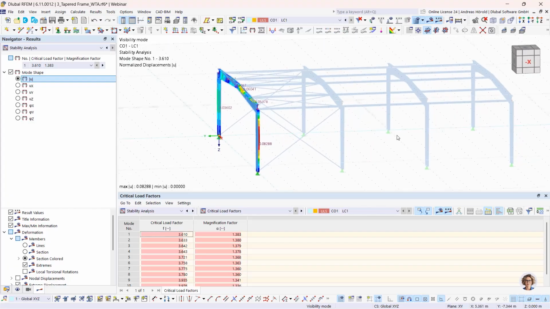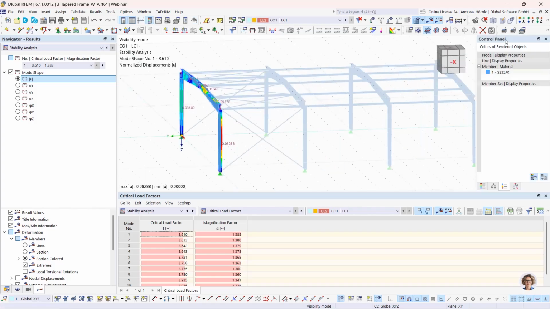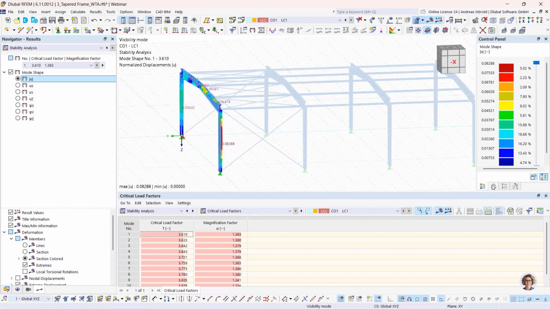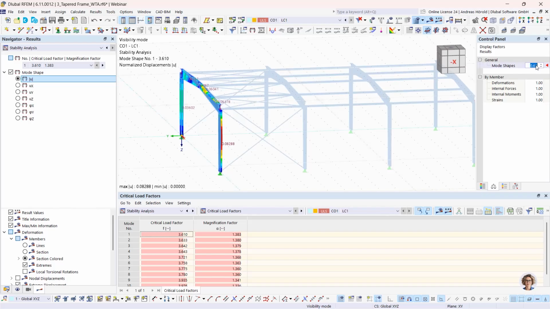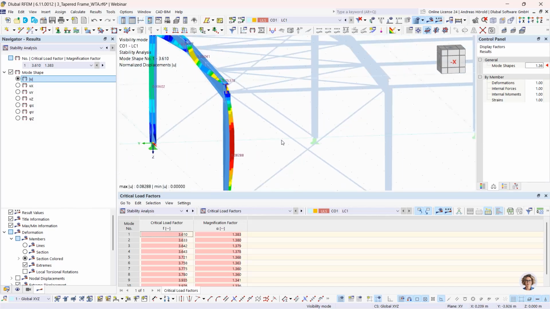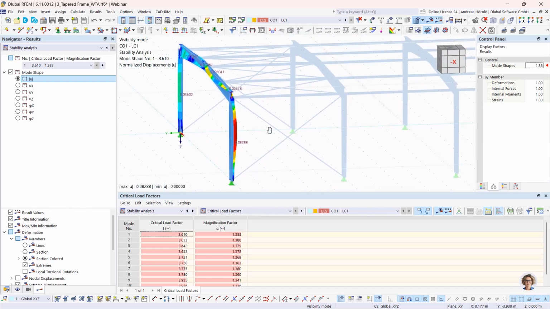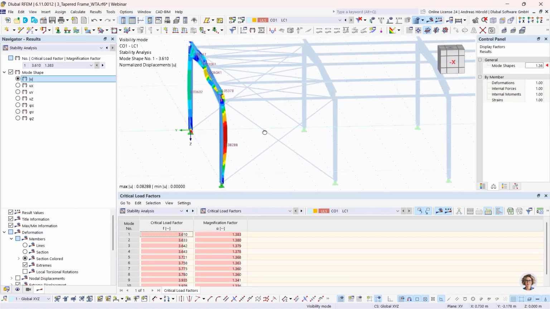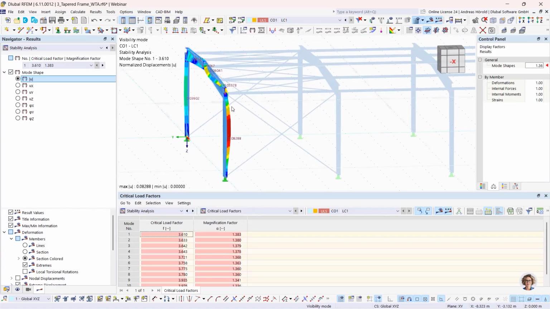So then I turn to the panel so that I can see the panel. Increase the value a little bit. So let's take a look at different mode shapes. This one, then